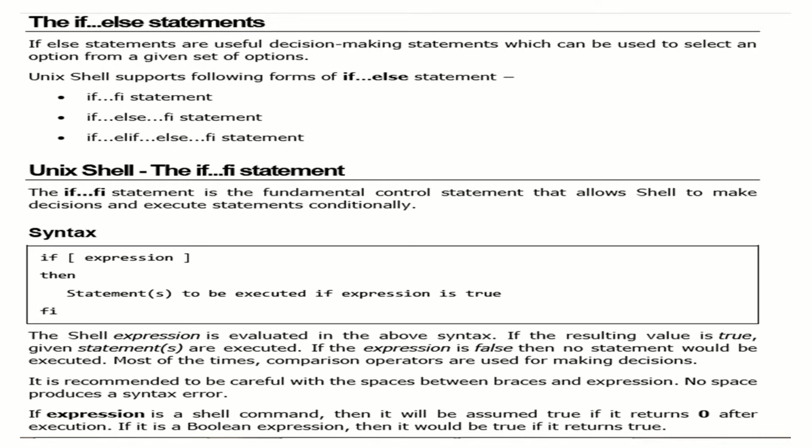Conditional structures are decision making statements in Unix scripts. Here we consider the if statement, the if then else statement, and nested if else structures. There are three different types of decision making statements we study in shell script. We will study them one by one. First one is the if statement.